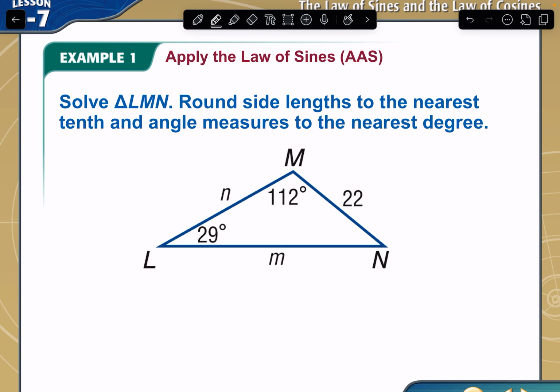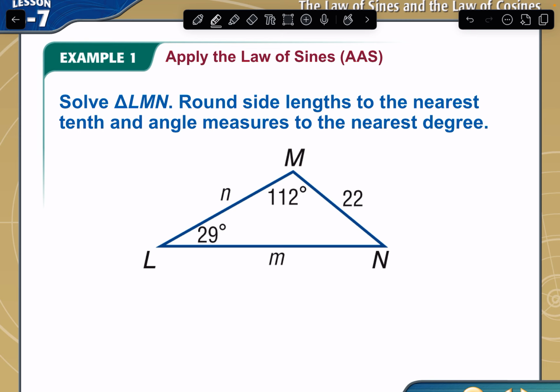For this question, I know law of sine was A, B, and C. This says L, M, and N. If you need to literally change the letters to A, B, and C so you understand it, you are more than welcome to do so. I'm going to leave them as L, M, N. It's the same concept. They're all still set equal to each other. So this is asking you to solve the triangle, meaning